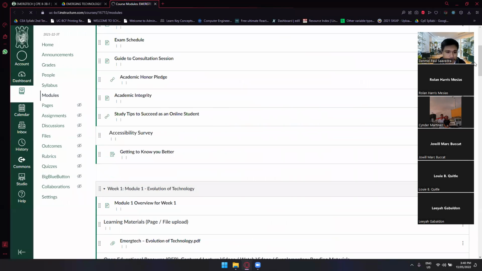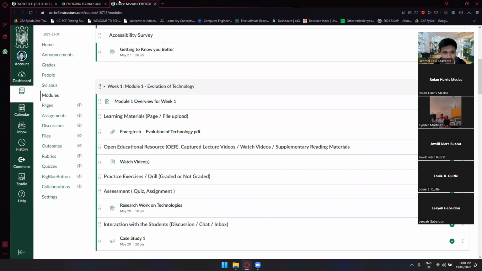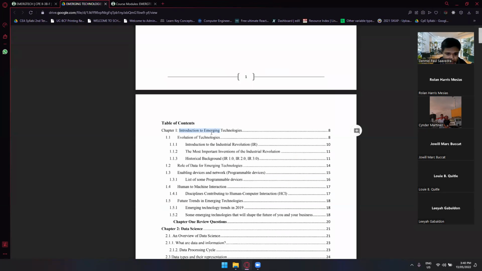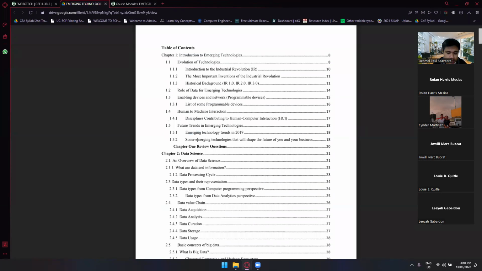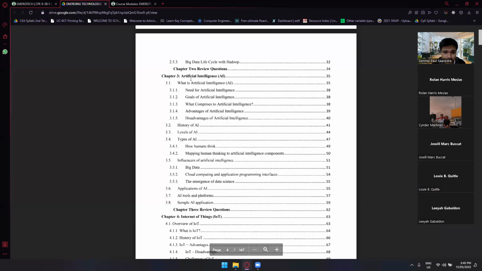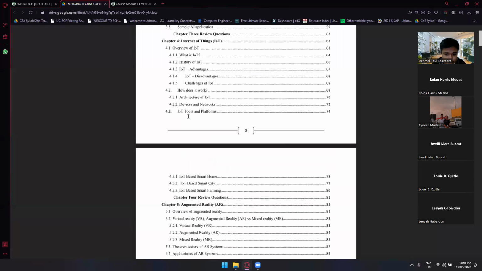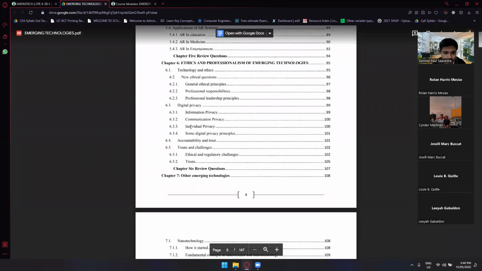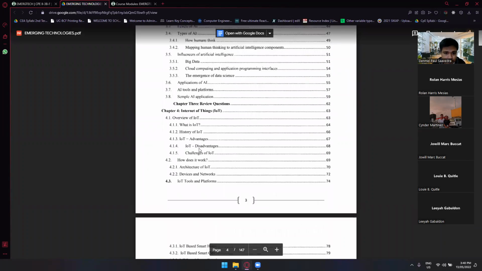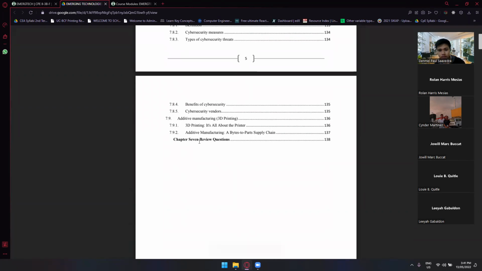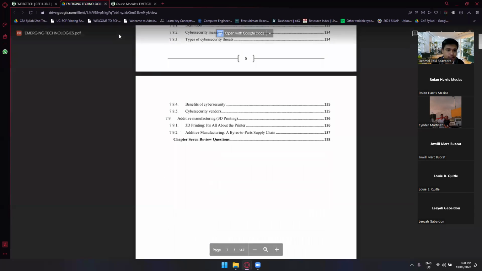Okay. For now, I only published week one, which is the evolution of technology, similar with the first one right here, the introduction to emerging technologies and then the evolution of technologies. And then data science. I didn't get this one anymore because this one is quite a broad topic. We have artificial intelligence. We do have the IoT also. And then we have augmented reality and virtual reality, and then the combination of those, which is mixed reality, okay, which is not